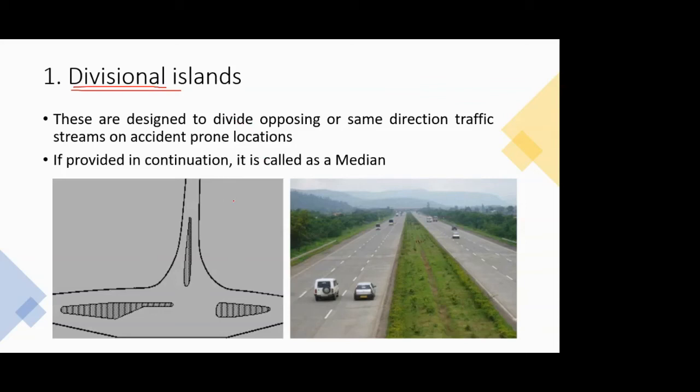So on the left side, the photo number 1 or figure number 1, if you see, it's a line drawing, and whatever these markings you see which are shaded, these are the divisional islands. Now what they do is they divide the flow of the traffic in 2 directions. So might be this is for the up traffic and this is for the down traffic. So in between, whatever is the area they have developed, it's not at the road level, it's a bit raised level. Okay. So that is nothing but a divisional island.